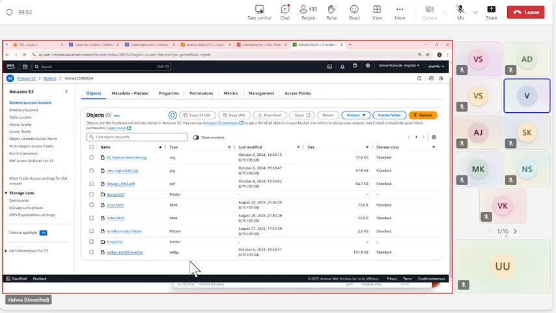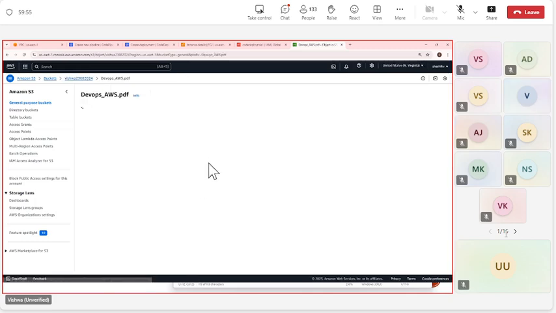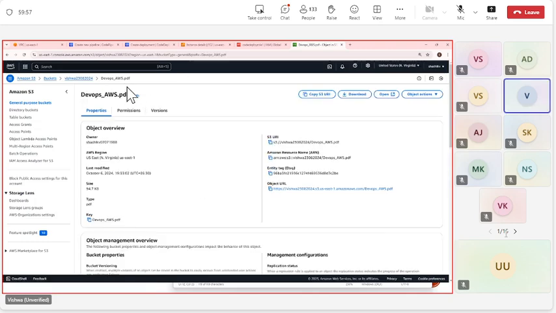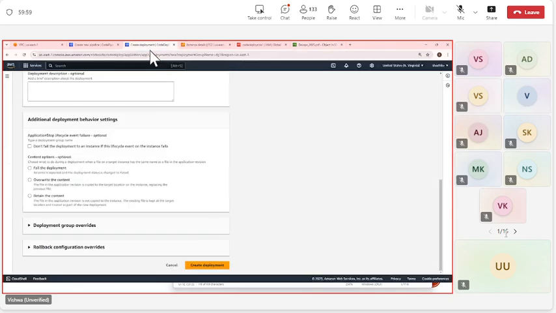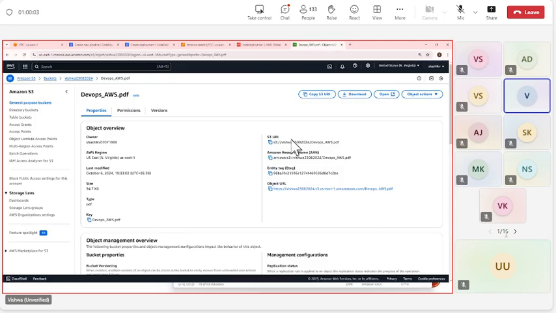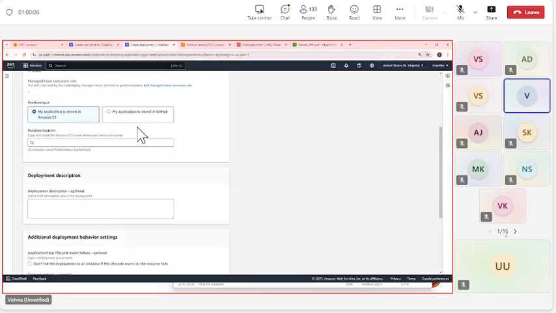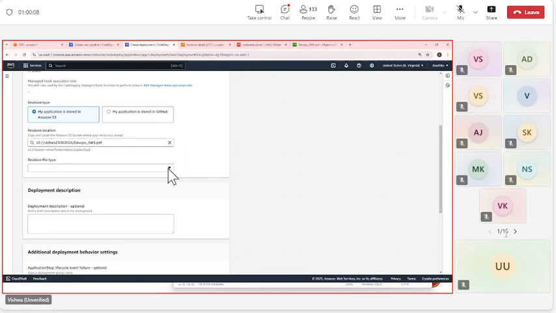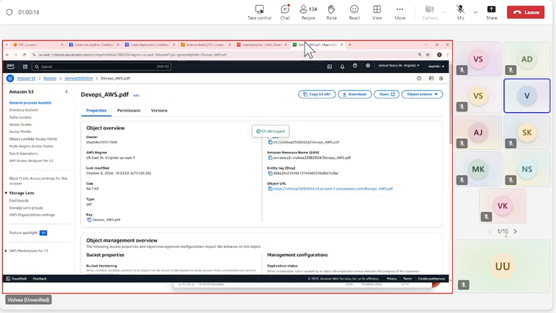Let's assume this is it. It needs it in this format. So this is the format. Revision file type: it needs only a zip file.